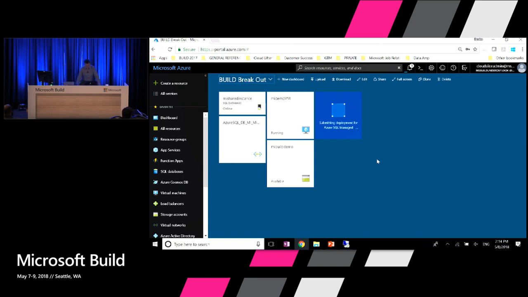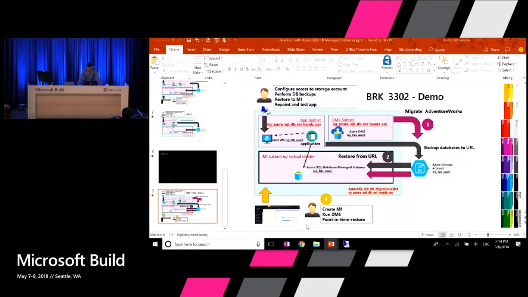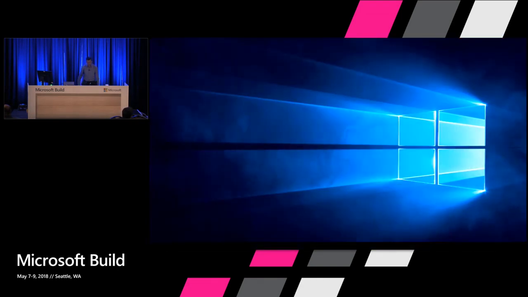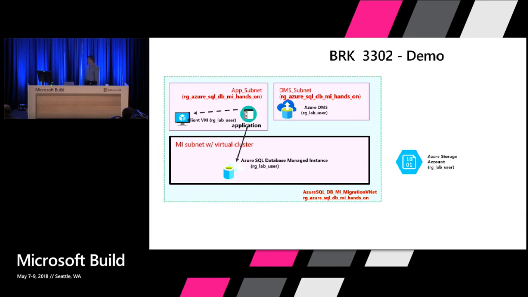While this is running, I wanted to show you the structure of the demo. As you can see on this screen, we have one huge virtual network. We have one subnet dedicated for this managed instance where we are deploying. We have one and we will deploy another one. We have a virtual machine that is sitting inside of the same virtual network, which means it's enabled to access this managed instance, right? So this virtual machine sitting in the same private network can access this managed instance.